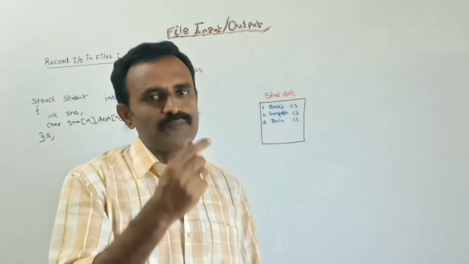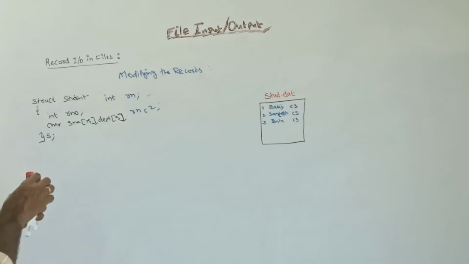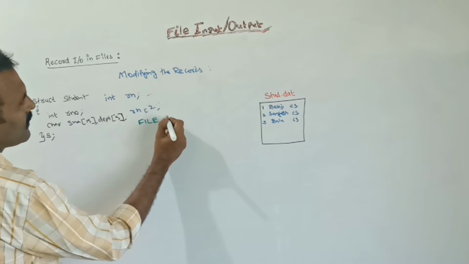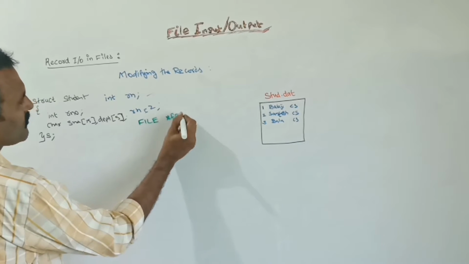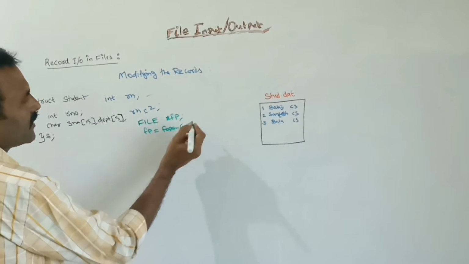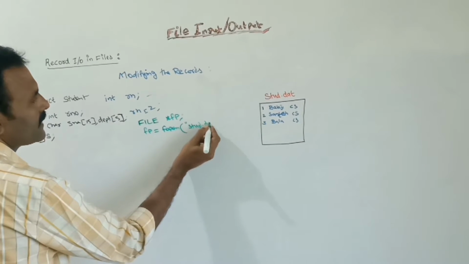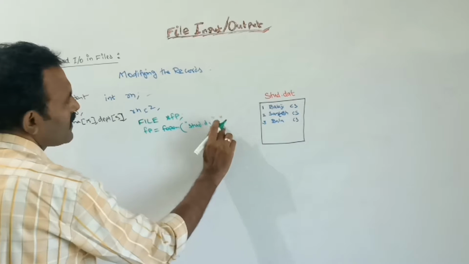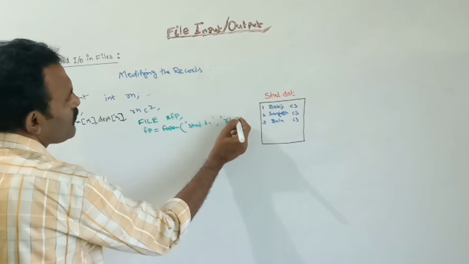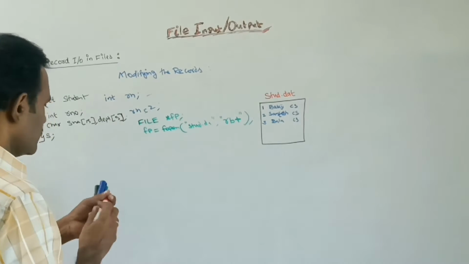After that we need one file pointer for fetching the buffer address. So here I am creating a file pointer, the file pointer name is fp. Next I am opening this file with fopen. After that I am mentioning the file name. What is the file name? Student.dat, that is stud.dat. What kind of file? This is a binary file, so I am reading this binary file. Next we can give plus, which is used for both read and write. In the memory, now let us see here.